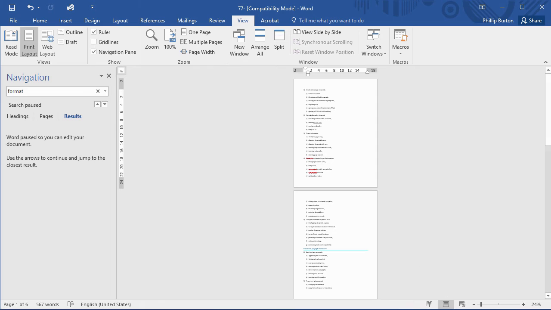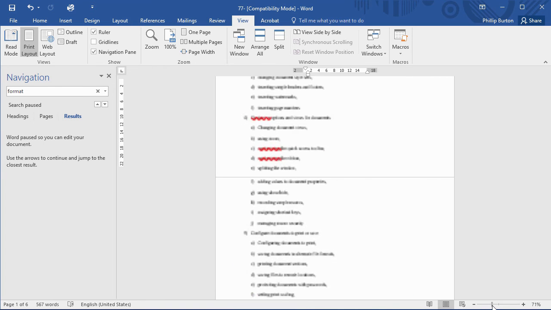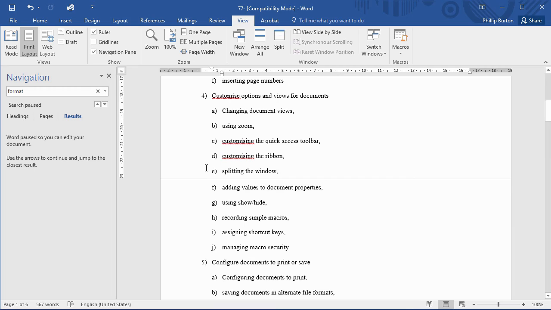And if I want to avoid seeing all of the changes of pages, what I can do is take my mouse and notice if I put it in the grey bit, I can double click to hide the white space. So you see that there's white space there and white space there. If I double click right there, it collapses the page inward. This has no effect on how it's going to print, but it has a direct effect on how it looks, at least to me. So you can see E and F follow each other, whereas if I double click on the grey space to show the white space,